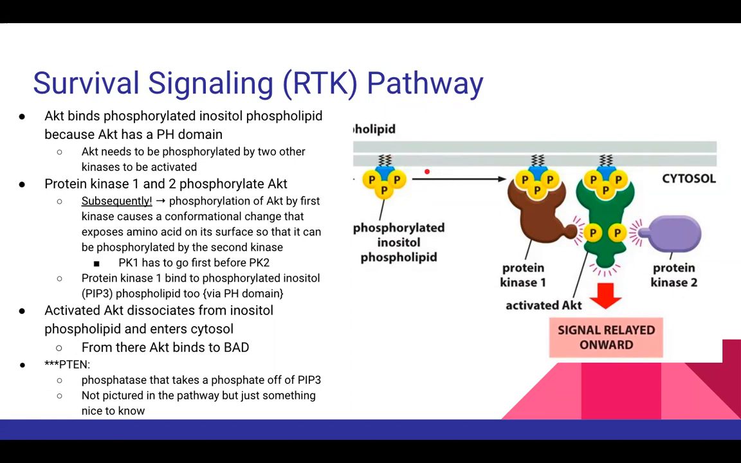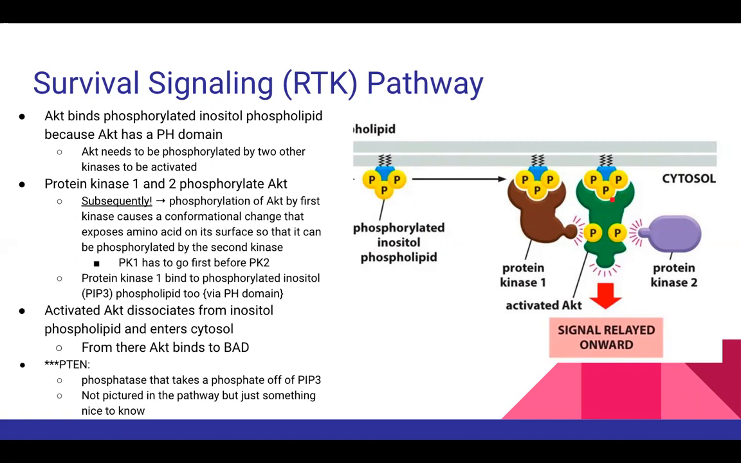So there are multiple inositol phospholipids in the cell. AKT will bind to an inositol phospholipid, and so will this other protein called protein kinase 1, which can sometimes be abbreviated as PK1. You just have to picture this in the cell, that there's more than one inositol phospholipid. So AKT will find the inositol phospholipid, and it will